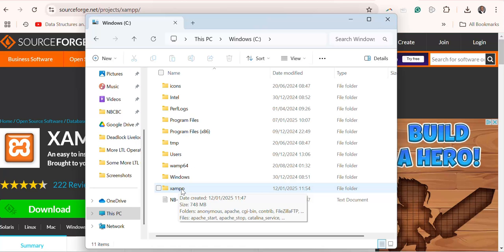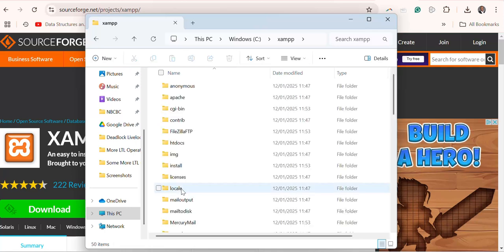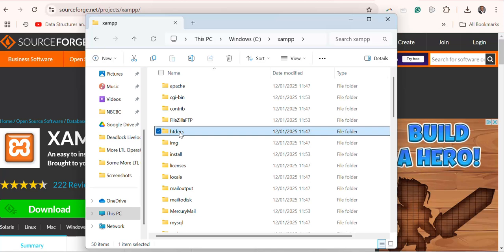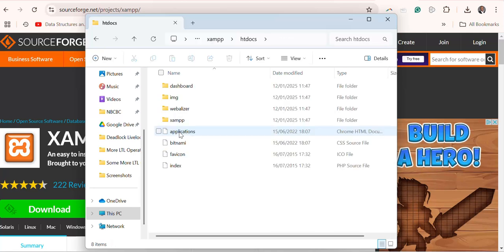So how do you navigate to your document root? You open the Xampp folder, you look for htdocs, and this is it. Then you open the htdocs. Once you start developing your PHP application, you have to put it in this folder, and then you would be able